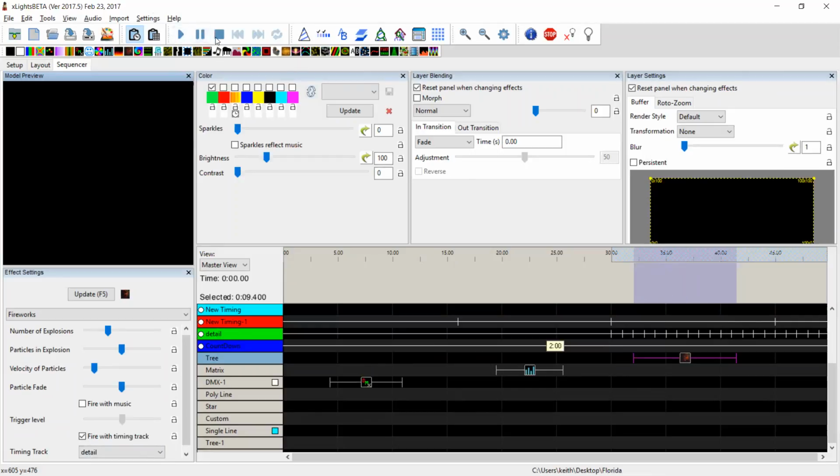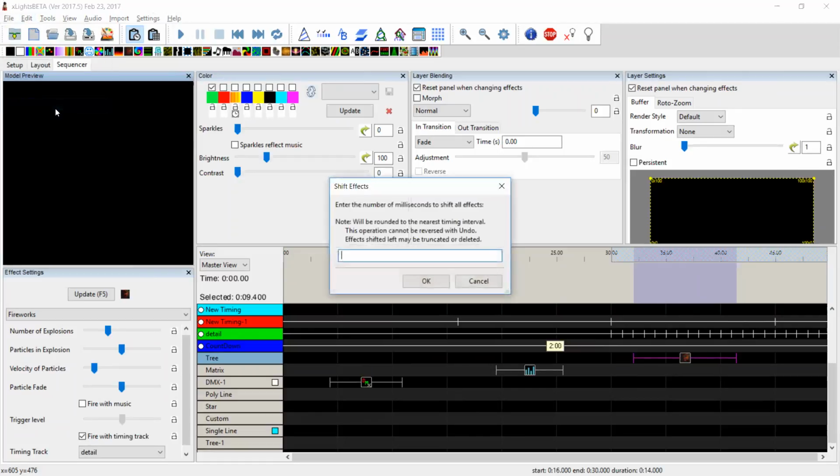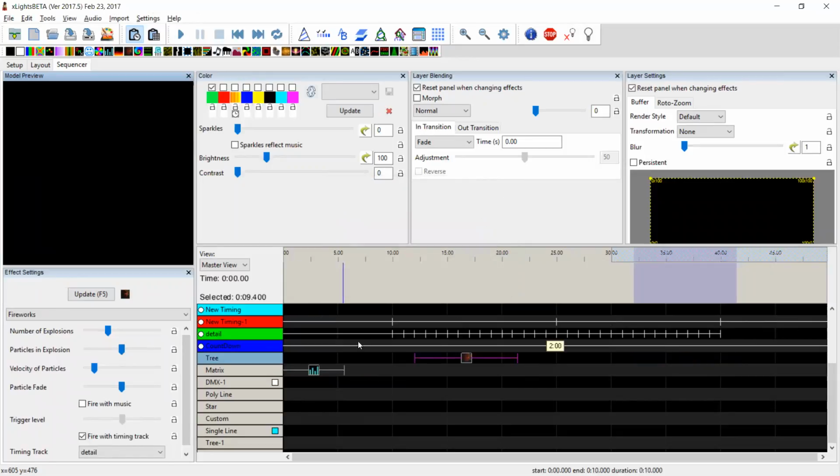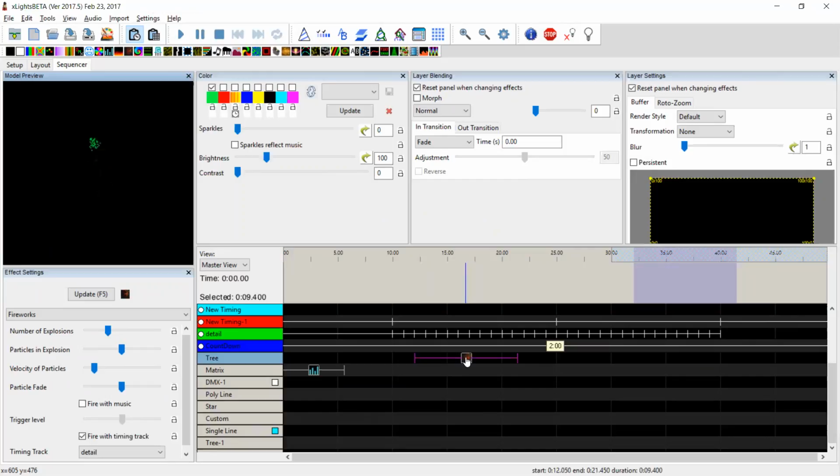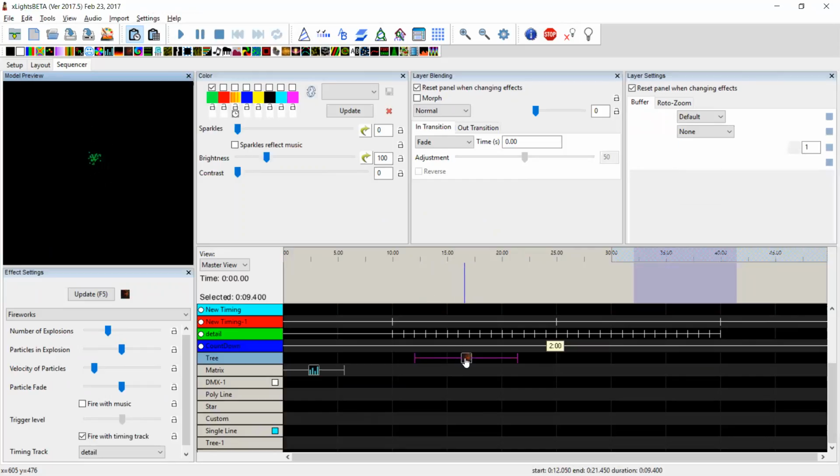Okay. So now as it plays, it would help if that part of the timing track, we need to go up and do shift effects. Minus 20, 1, 2, 3. Okay, that's a bit better. Sorry, it was past the end of the sequence. And so now,